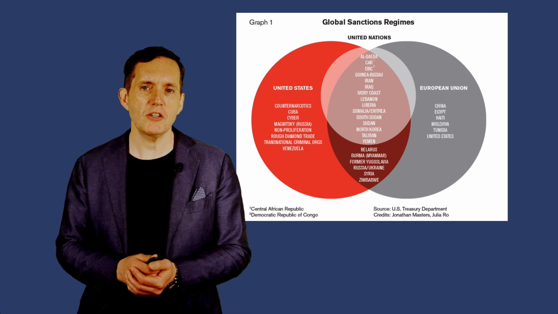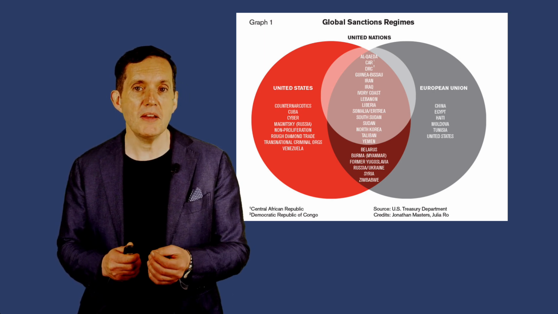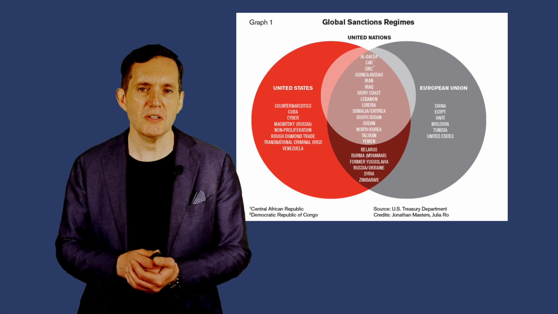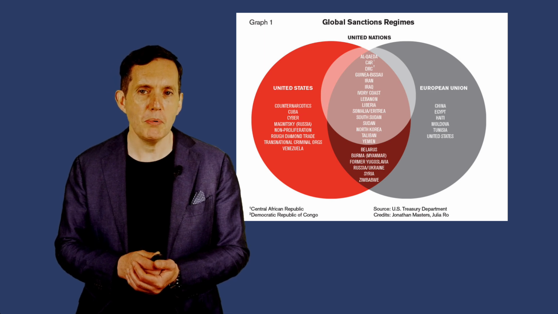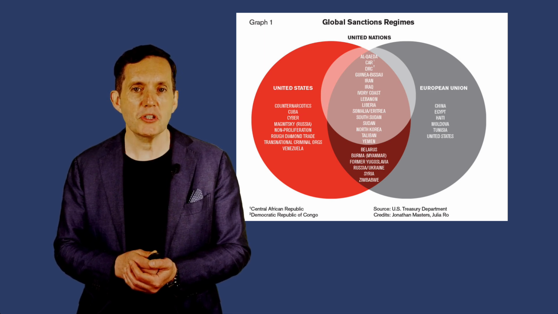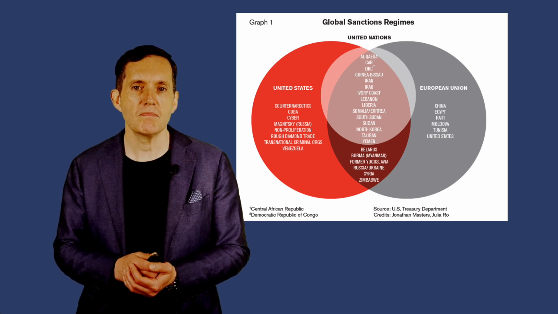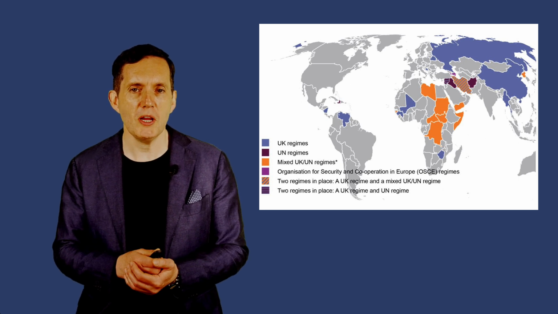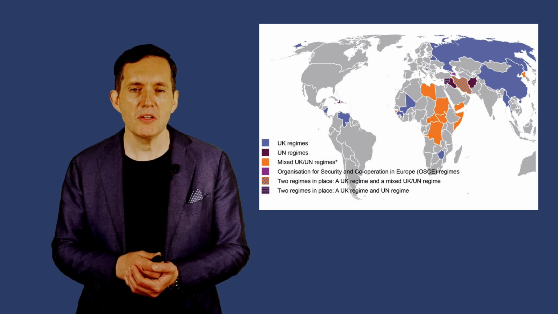Examples include sanctions against Russia for its actions in Ukraine, against Venezuela for human rights abuses, and against entities supporting terrorism. There are EU sanctions. The EU implements sanctions as part of its common foreign and security policy. Examples include sanctions on Syria for its civil war and Myanmar for human rights violations. There are UK sanctions. The UK, post-Brexit, has its own sanctions regime. Examples include sanctions on Belarus for its crackdown on dissent and on Chinese officials for human rights abuses in Xinjiang.